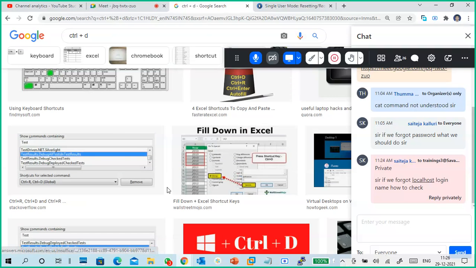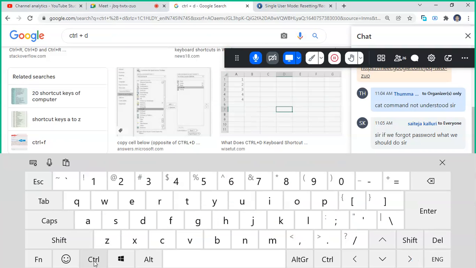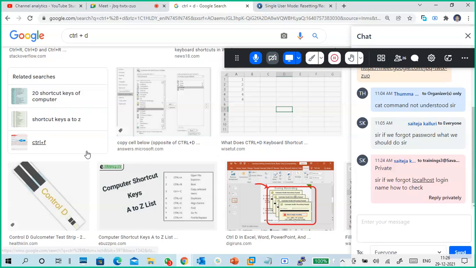Otherwise I have an online keyboard. Okay, this is my online keyboard. Control D. Okay, so this is the D. So you have to press the control and D. Don't leave the control when pressing D.